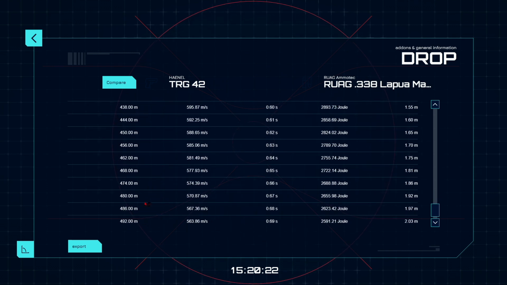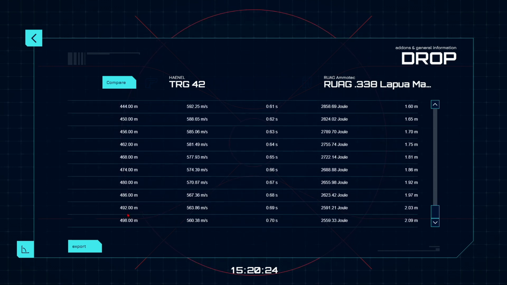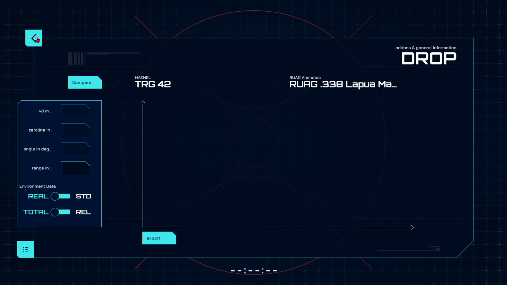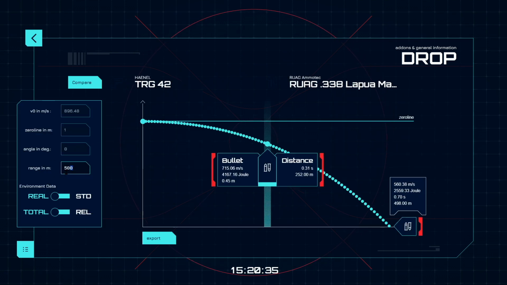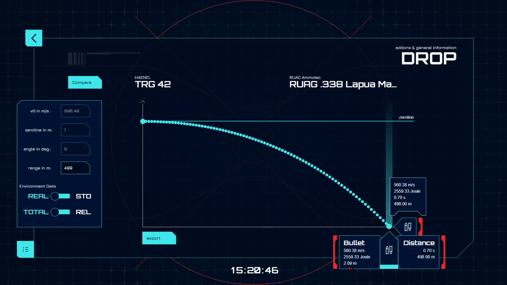So if we're going all the way to 500 meters here, we would always see about 6 meters in difference. If we wanted to have a closer spacing, or the drop for a specific distance, we would simply select the range specifically, let's say 499 meters. And then we would see it over here, where we would see at the very end 2.09 meters of drop